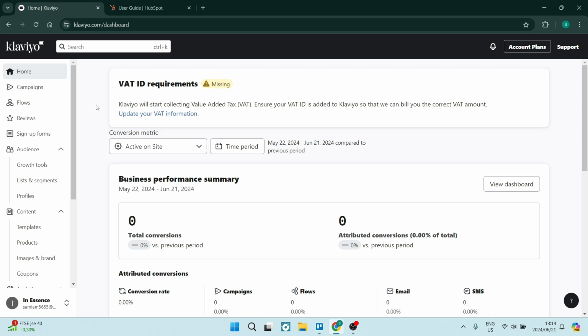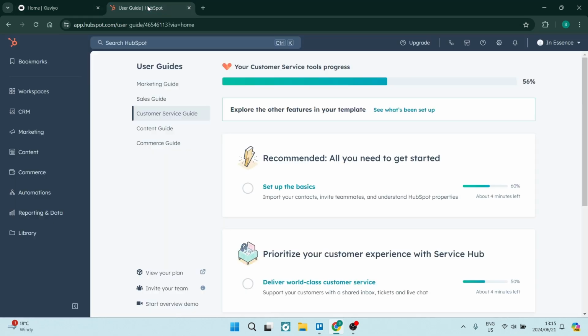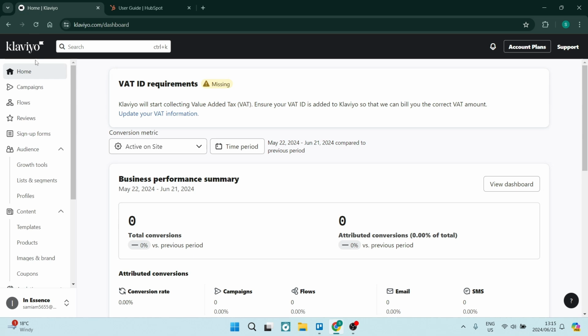the dashboard, and you'll see on the left-hand side your menu. As usual with all the platforms, you have your menu where you can pretty much break everything down in terms of your audience, all of your content, your workflows, your campaigns, and so forth. Now, what I want to actually show you is HubSpot pretty much has the very same thing. On the left-hand side, it's got its menu. But there's one specific thing that I want to focus on today, and that is creating workflows and using it